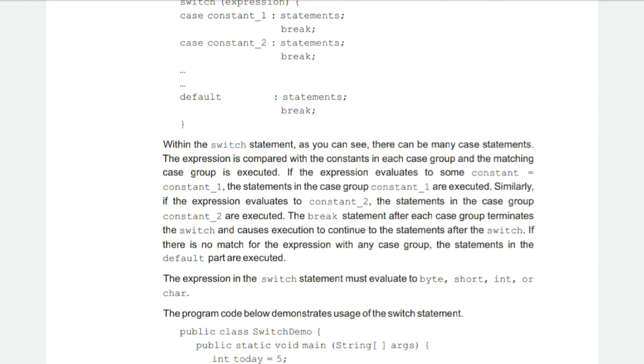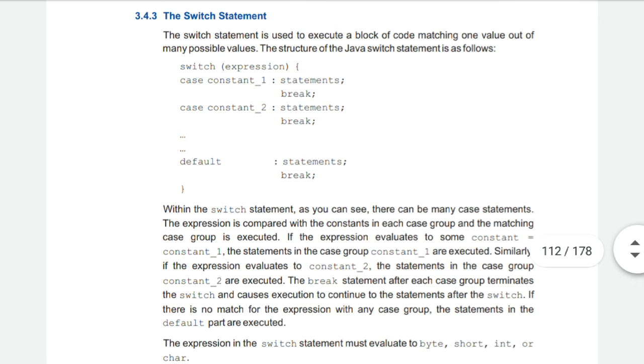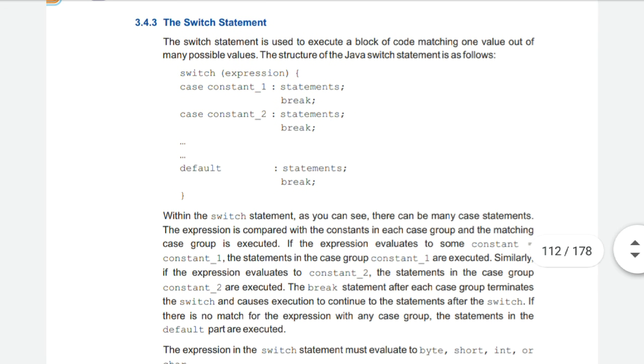As I told you, the break statement is used to end or terminate the statement. Terminate also means the end of the statement. If there is no match for the expression with any case group, the statements in the default part are executed, which I have told you: if neither of the case values matches, then the control comes to the default part.